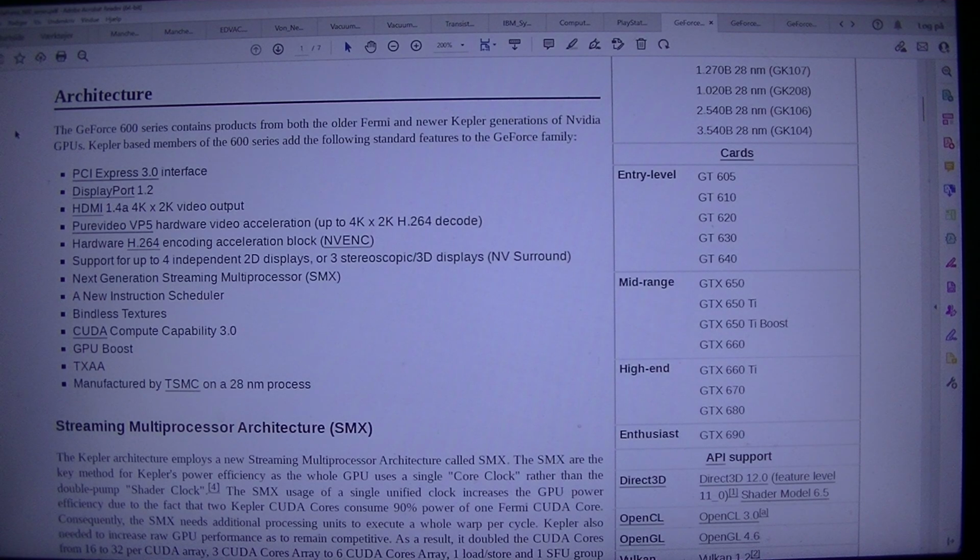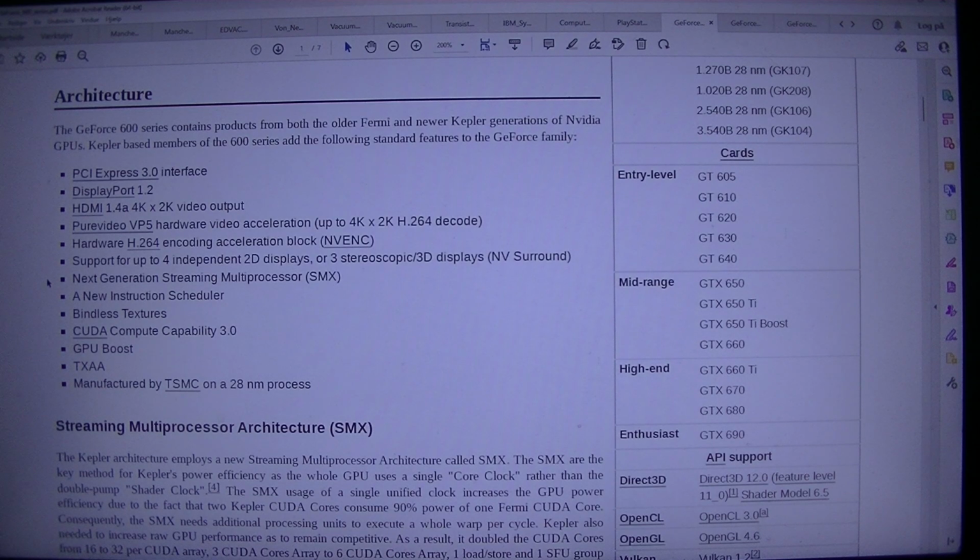Kepler-based members of the 600 series add the following standard features to the GeForce family: PCI Express 3.0 interface, DisplayPort 1.2, HDMI 1.4 4K x 2K video output, PureVideo VP5 hardware video acceleration, up to 4K x 2K H.264 decode, hardware H.264 encoding acceleration block, VANC. Support for up to 4 independent 2D displays, or 3 stereoscopic/3D displays,